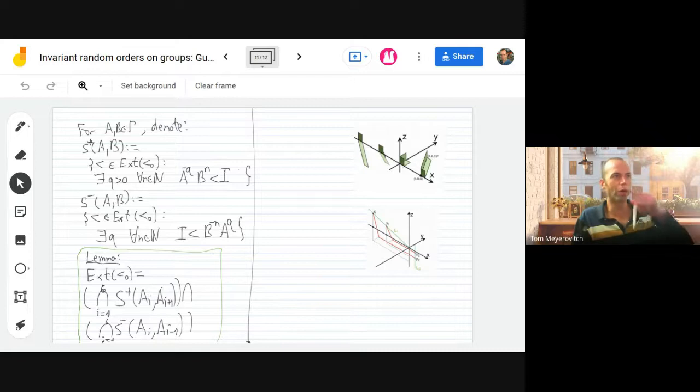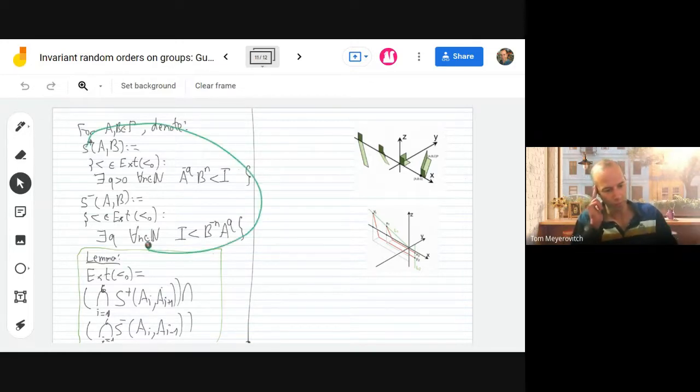Or the other way around, A2 is much less than A1, A3 is much less than A2, etc., much less in this informal sense. Now, this is purely algebra. It's based on a geometric notion. And the notion is the following: if you take every three consecutive elements, like A1, A2, A3, for example,